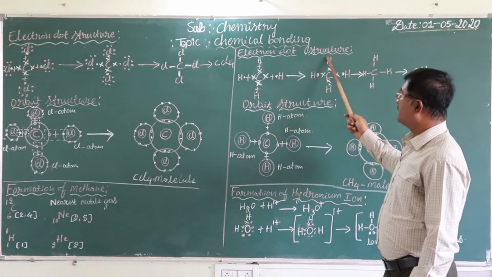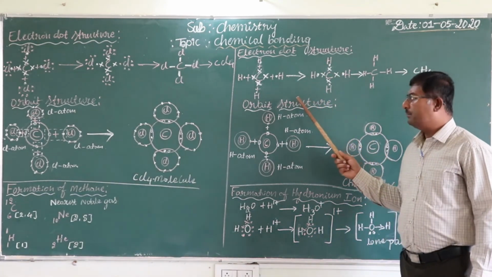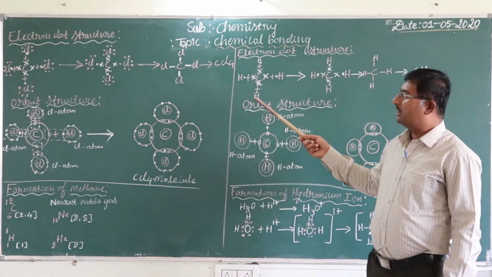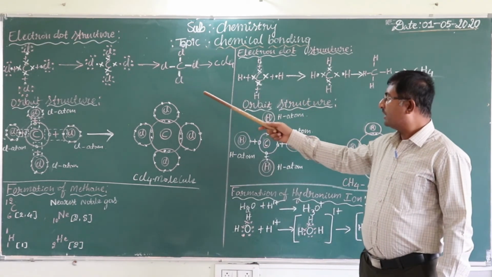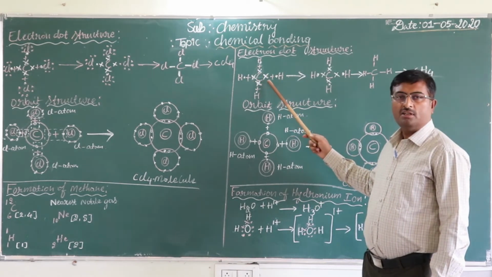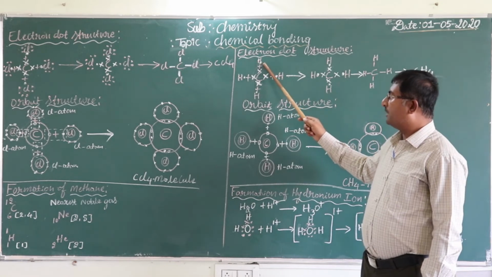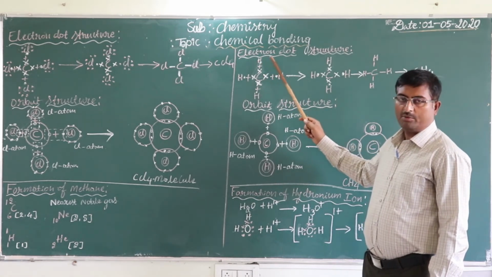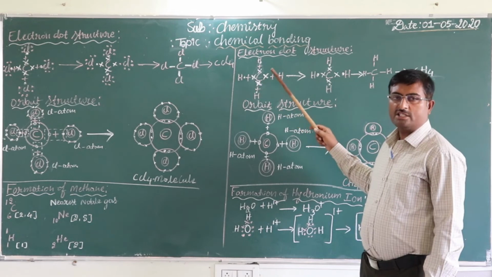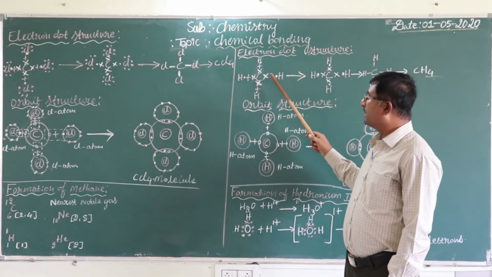Next, we will see the electron dot structure of methane. I already explained the electron dot structure of carbon tetrachloride. Like that only, the electrons present in the outermost orbit of carbon I am taking as X. The electrons present in hydrogen I am writing as a dot. We should not take both the same. If we take them the same, we will not get the mark. We have to take both different here.